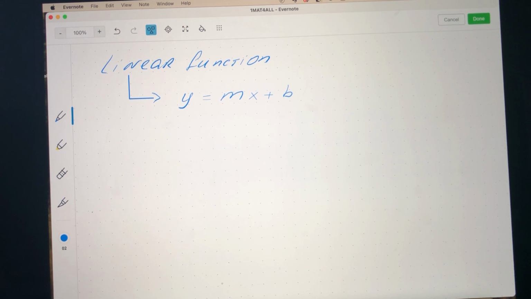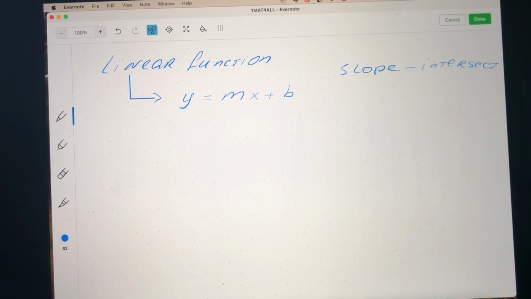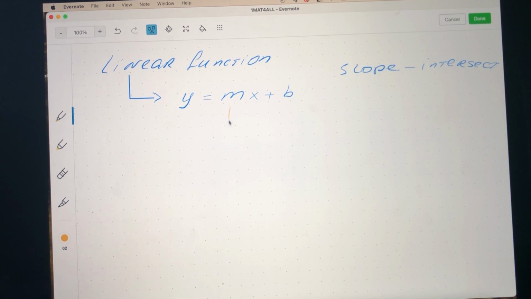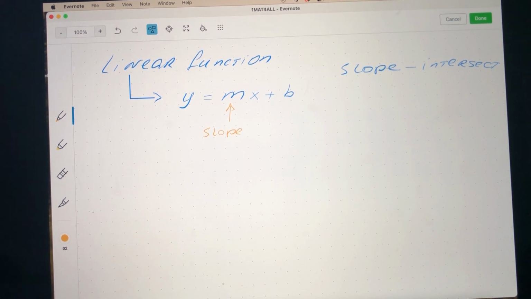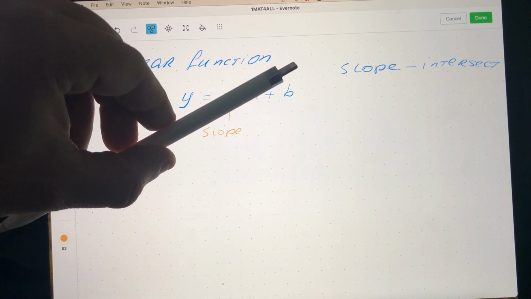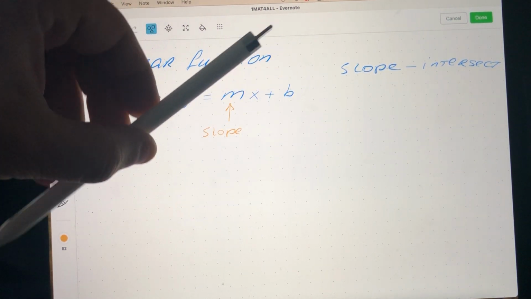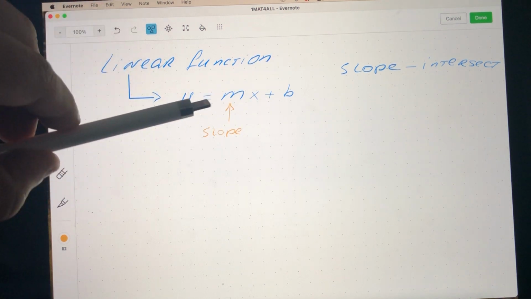The form is called slope-intercept because it uses two pieces of information, namely the m stands for the slope, and the slope measures the tilt. So our straight line, how steep up or down or horizontal or vertical, that tilt is measured by the m,